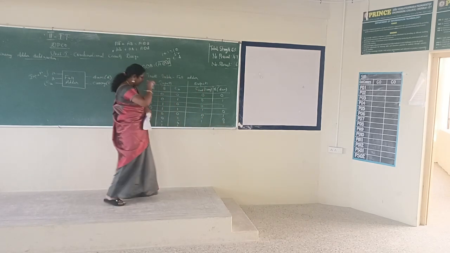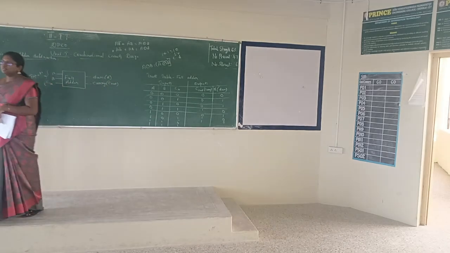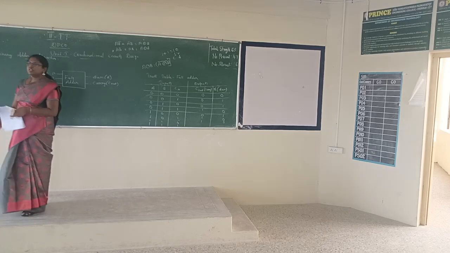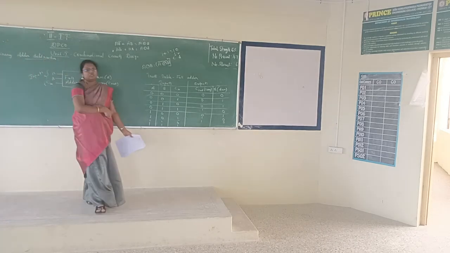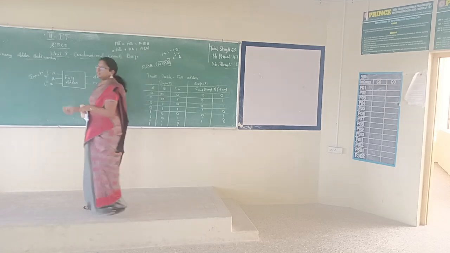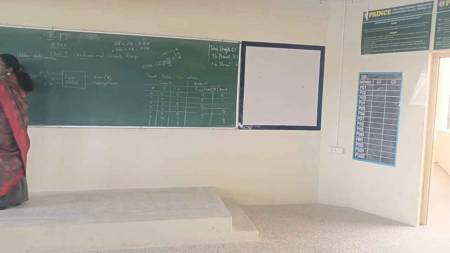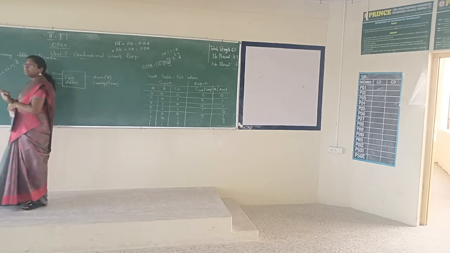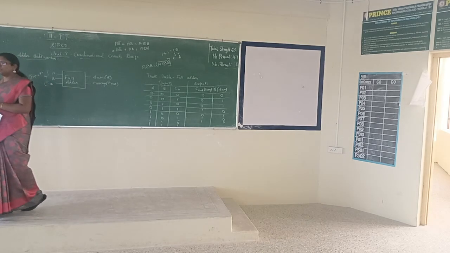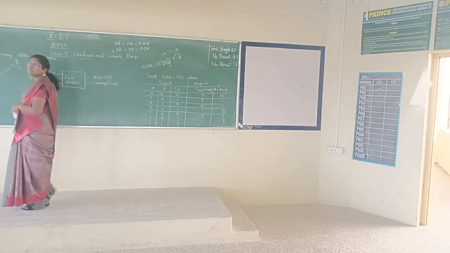What about 1 plus 1 plus 1? Carry 1. Sum will be 1. So what's the logic? Right. So what's 1 plus 1 plus 1? In terms of decimal, not normal addition. So 3 can be written in terms of binary as